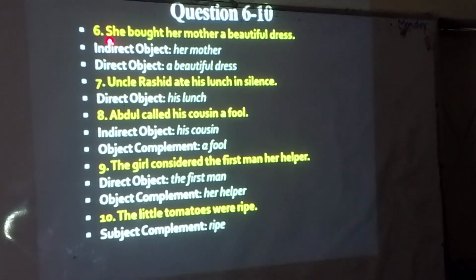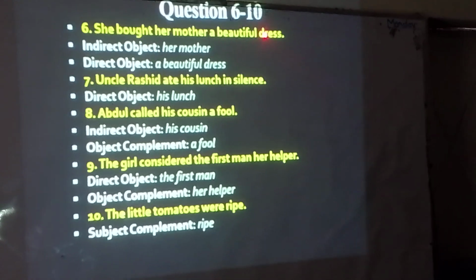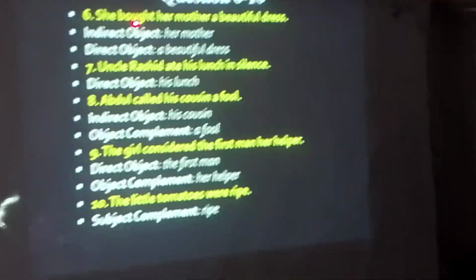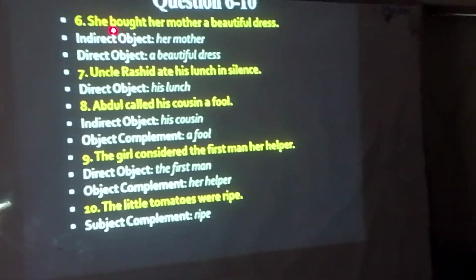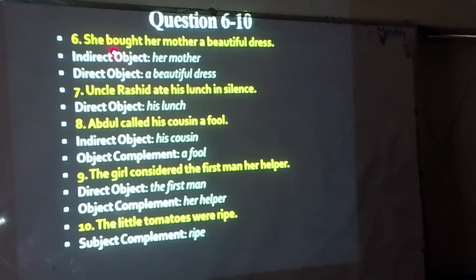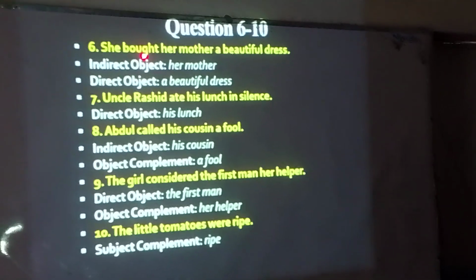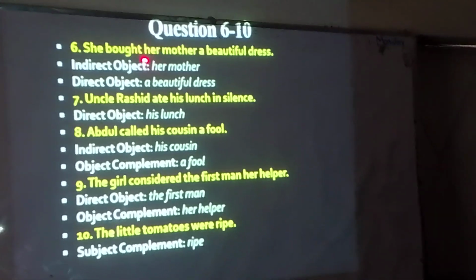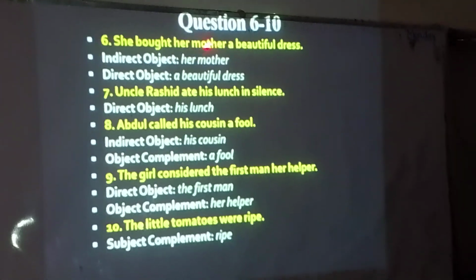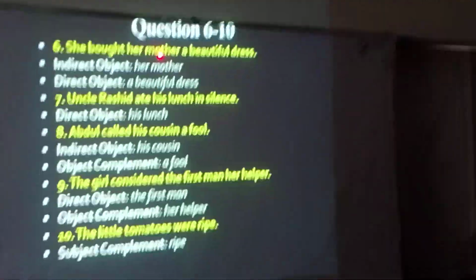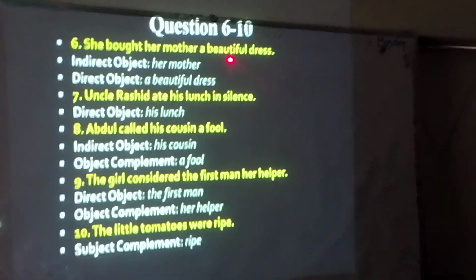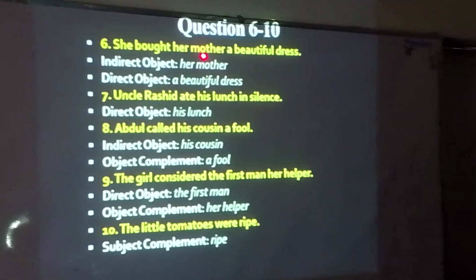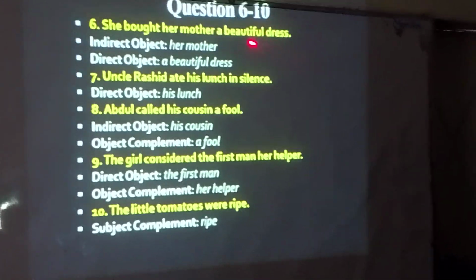Okay. Anyway, it's okay. She bought her mother a beautiful dress. Again, what is the subject? She. What is bought? Buy, bought. You buy things from the bazaar. What is bought? Verb. Her mother. What is her mother? Her mother is an indirect object. A beautiful dress. It is the direct object. Okay, why is her mother the indirect object? The action of buying is directly first